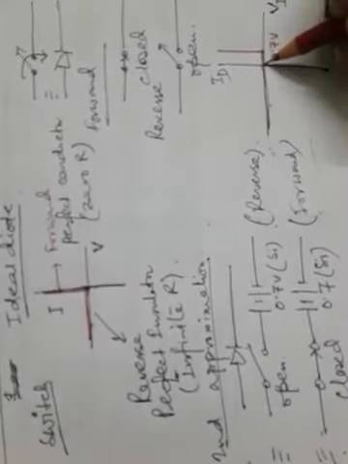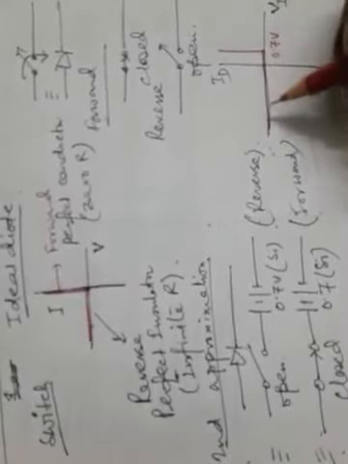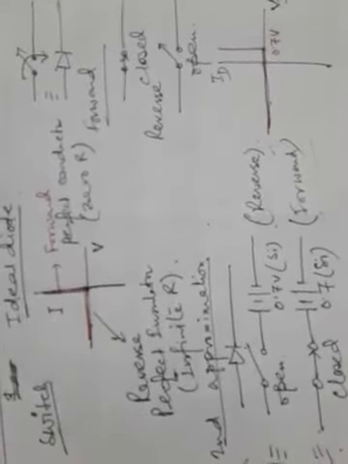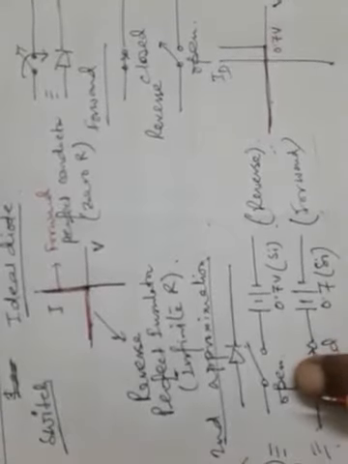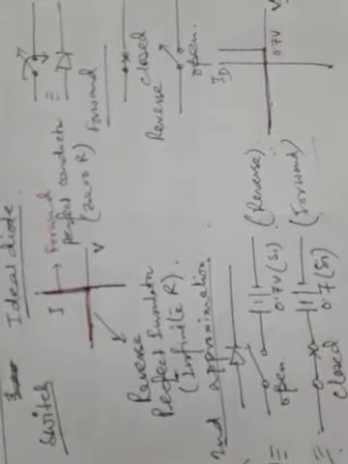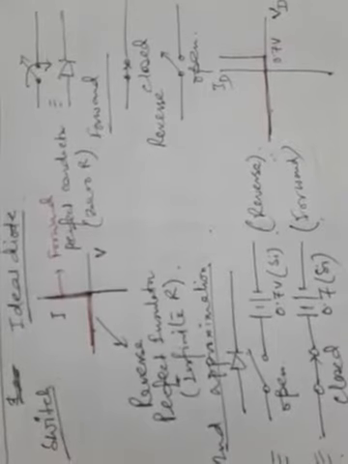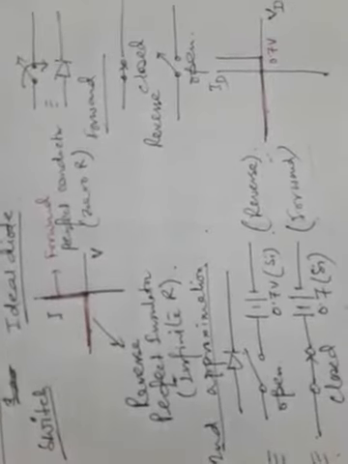Because below that voltage, we know that the ideal diode will not conduct and the current will remain zero because of its open switch like action, that is, action like a perfect insulator. So this is all about the working of the ideal diode and incorporation of the second approximation into the operation of the ideal diode.